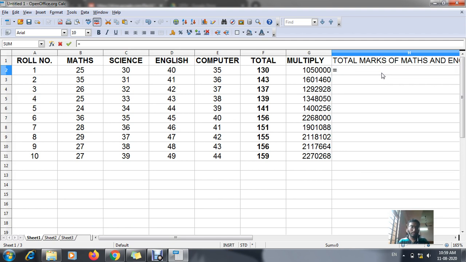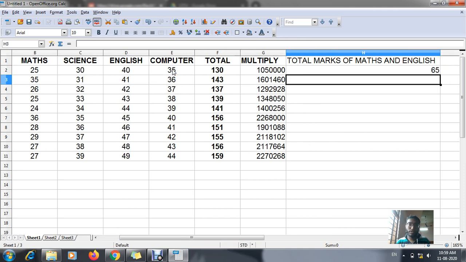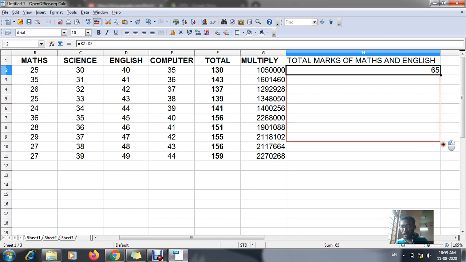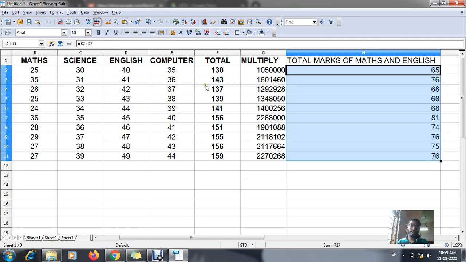Equal to, now I want to get the totaling, so the maths marks selected, now plus symbol. Now if I want English marks, not science, I want English, that means English is 40, that is your D2. I will click on D2 and just give the enter. Automatically you will get the marks, that is 65 marks. That means 35 plus 30 is equal to 65 marks. The same process over here also, just use the autofill, and automatically the whole marks will be entered.